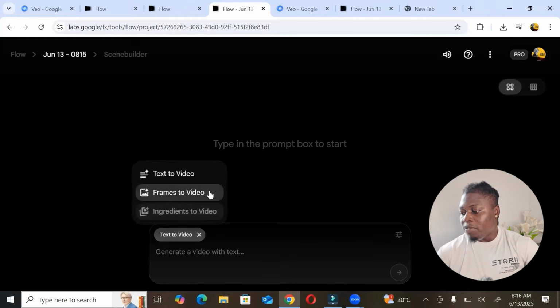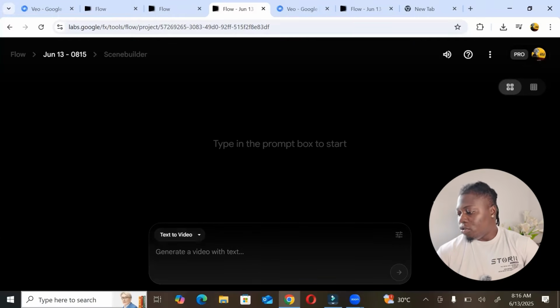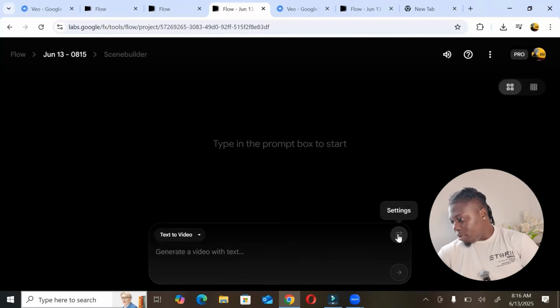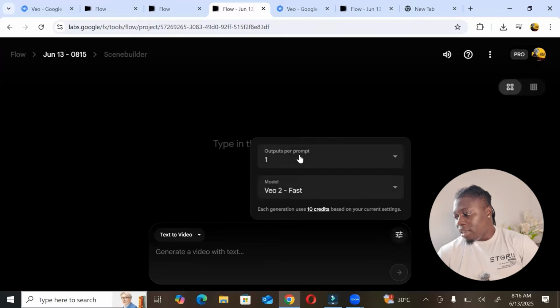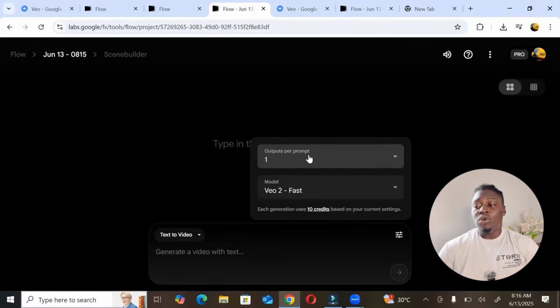And also they have frame to video, and also they have ingredient to video. But what we are going to be using is text to video. And also when you come to this side of it, you are going to see the settings. You just need to tap on it, and right here they say the output per prompt, right? So the output per prompt is the amount of videos they will generate per prompt that you insert. Normally I like using one, but if you like you can use three, but the best is just to use